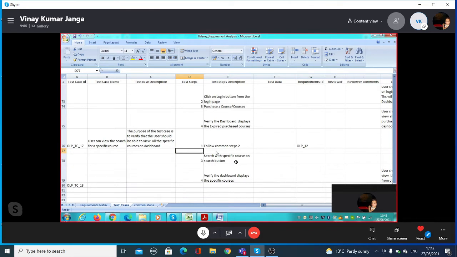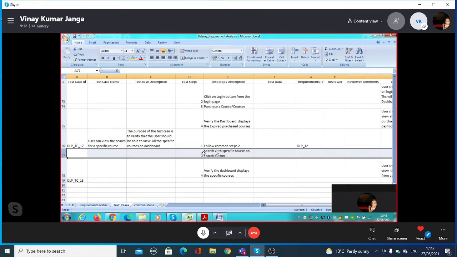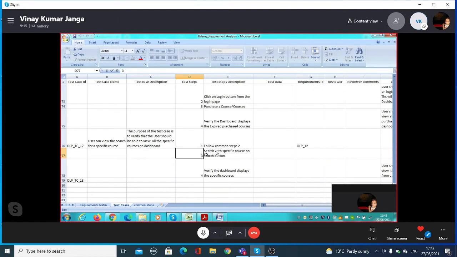So it is a search text box. If you want, you can say locate the search text box on the home page, and enter the text into the search text box and then click on the search button.